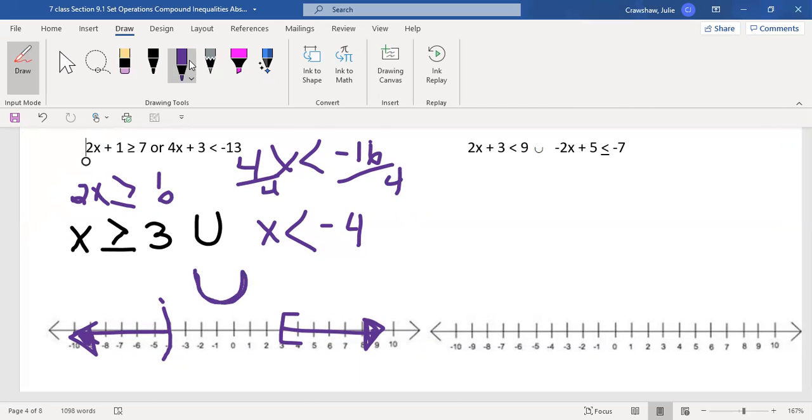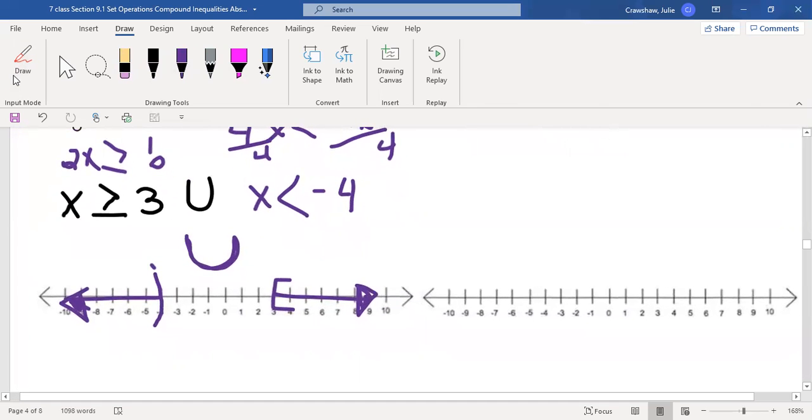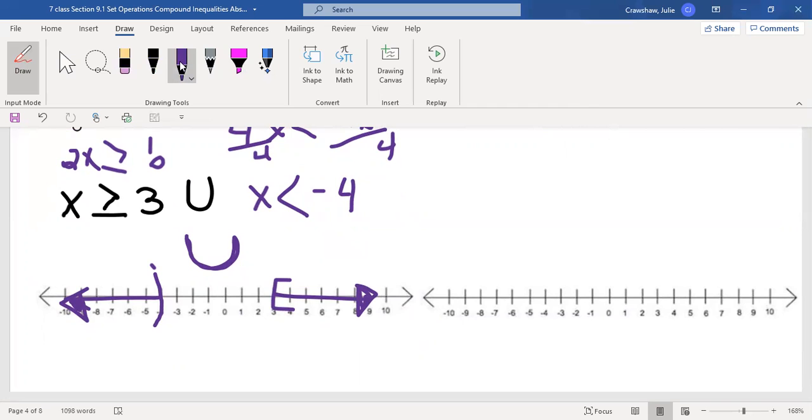I always think of the union often means that there's a valley in between what's included. Not all the time, because sometimes they're going in the same direction. But if they're going in different directions, that valley, I kind of like to mentally think as the representation of the U. So when I'm writing my interval notation, everything to the left, negative 10, or actually, sorry, that's going